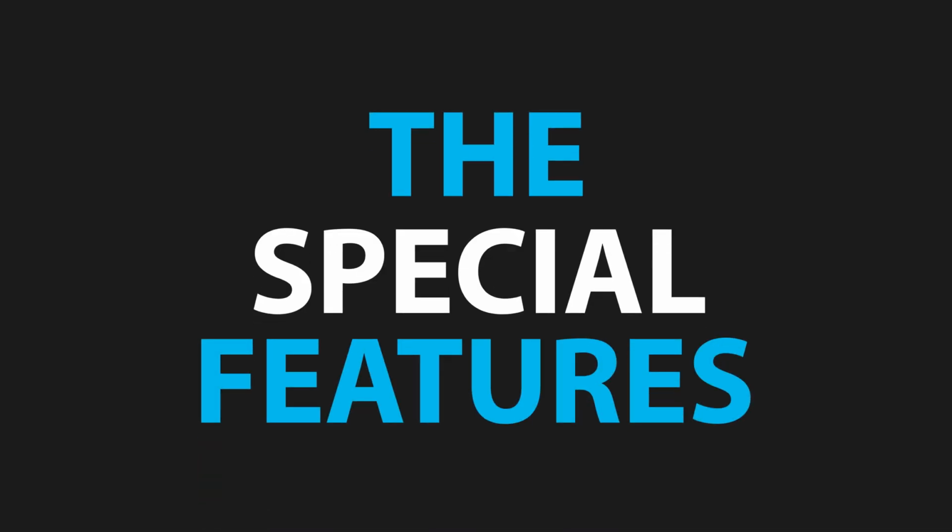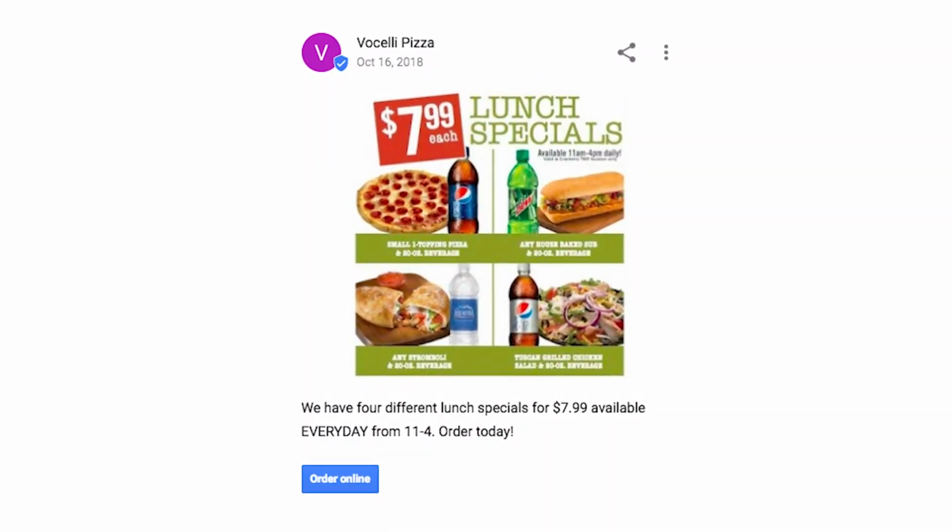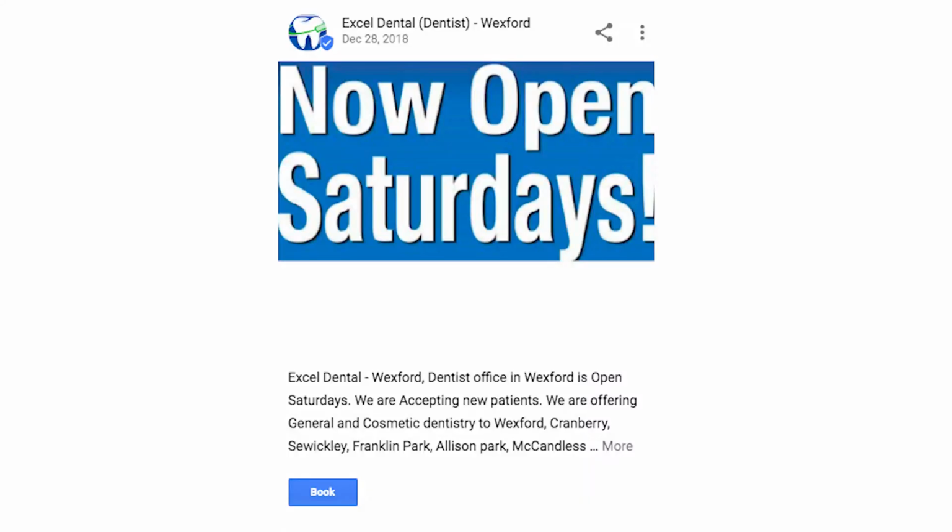And there are some special features for Google business accounts depending on which category you've chosen. For example, if you're a restaurant, you'll be able to add a menu. If you're a product business, you can literally list some of your products. If you're a business that takes bookings, you can add a booking button and you can connect that to a booking service of sorts. Now, some of these options are different depending on which country you're based in, but when you choose the business specialization option inside of Google My Business, you'll get options to add different services.